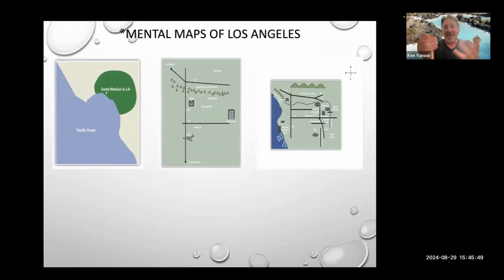So here's a nice little example I like to use. If you travel a lot, and let's say you go overseas and you say to somebody you're talking to, hey, I'm from Southern California, and they might say, oh, Los Angeles? And you say, yes, Los Angeles. So what are they going to tell you? They're going to tell you, okay, I know something about the Pacific Ocean. Maybe they've heard about Santa Monica or Hollywood, so they know about the Hollywood sign, right?